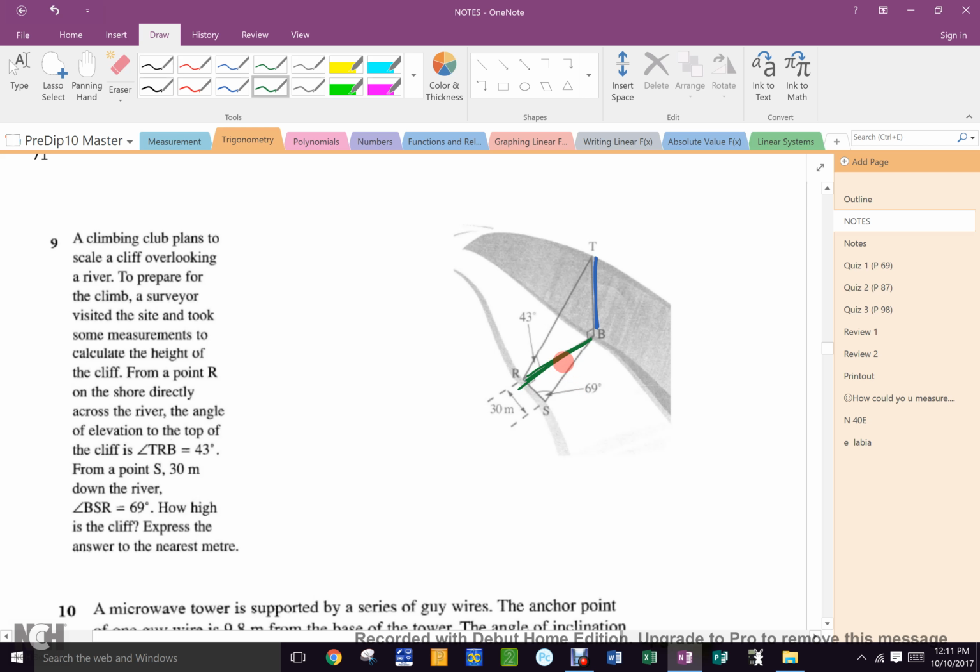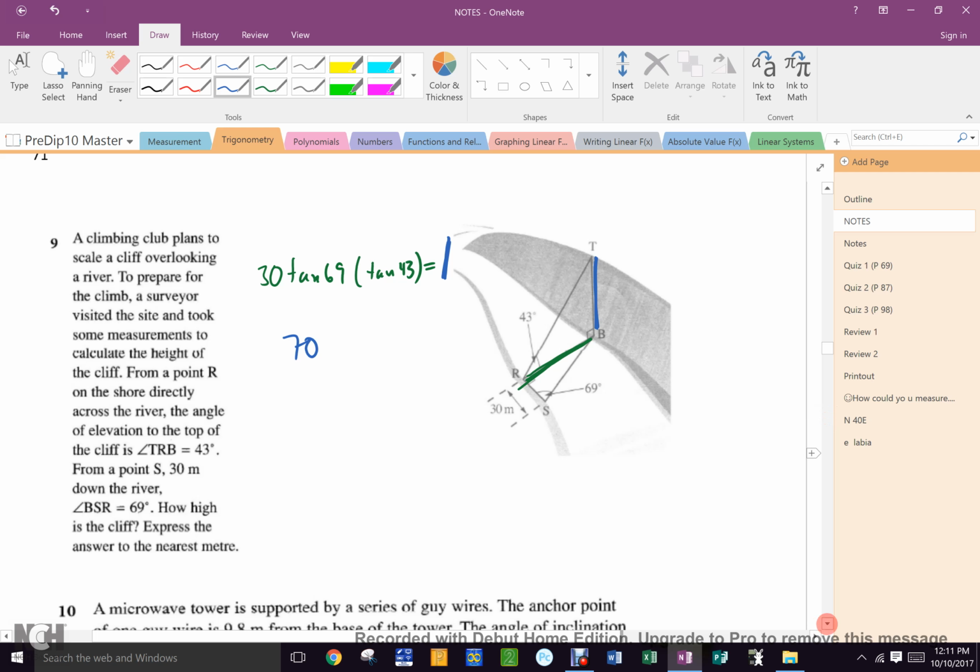That green side is 30. No, I lie. No, I don't lie. 30 tan 69 gets me that green side, right? And then I got to use tan over here, opposite blue side over adjacent, right? So this is the unknown, so that's what I get there. 30 tan 69 times tan 43 will get me my blue side, which is